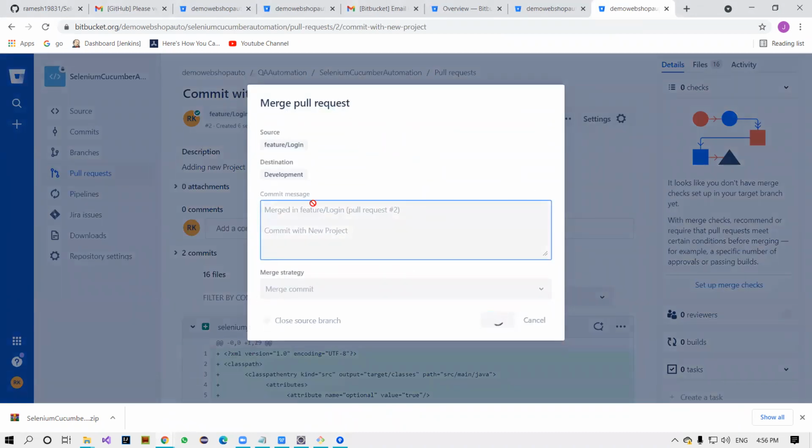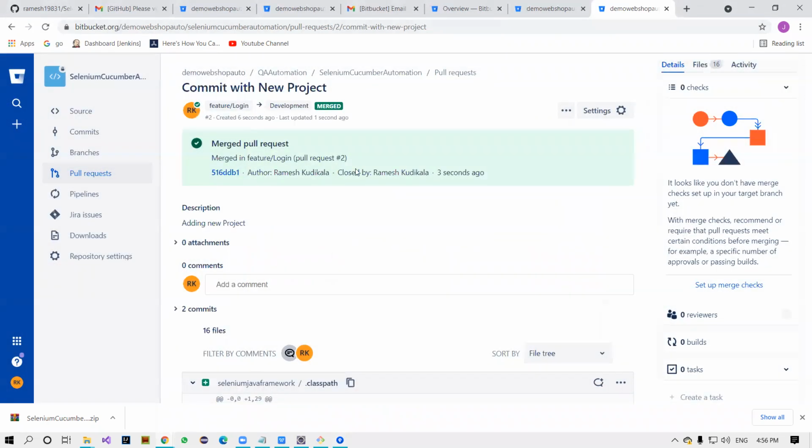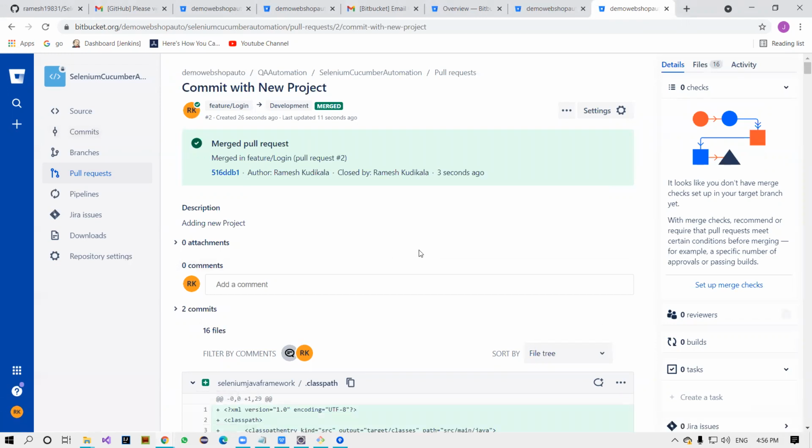Okay. So again, no need to review the code, because once everything is finalized in the feature branch and moved to the development branch, that code can be moved to the master branch. But before merging it, you can just go and check if there are any conflicts. If any kind of issues are there, just check with that. Again, no need to do the code review.